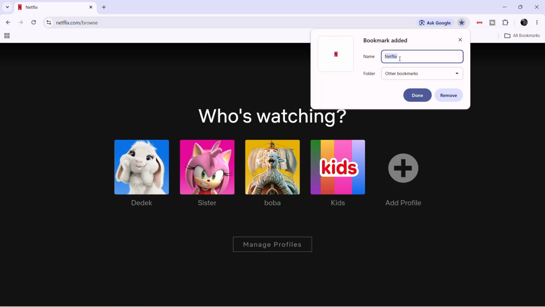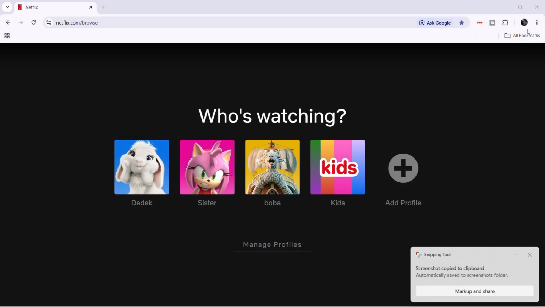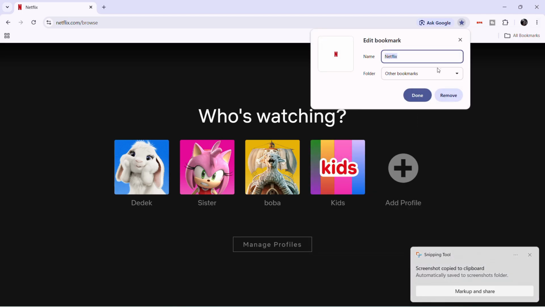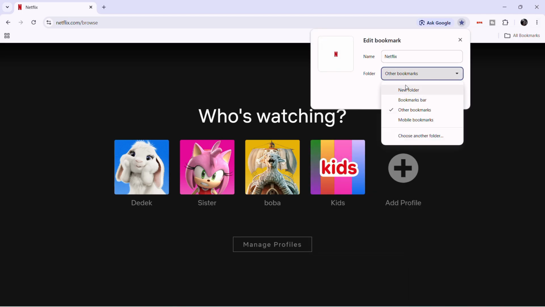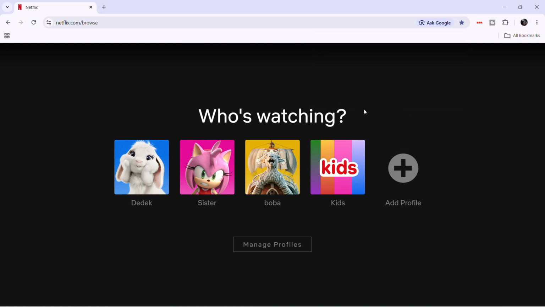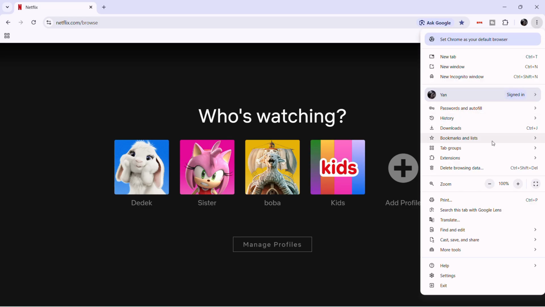You can add the bookmark name and also where you want to save the bookmark. You may want to save it to a new folder, the bookmarks bar, other bookmarks, or mobile bookmarks. For example, I will just choose other bookmarks. Done. And now if you want to see your bookmarks, you can select the three dots over here, select